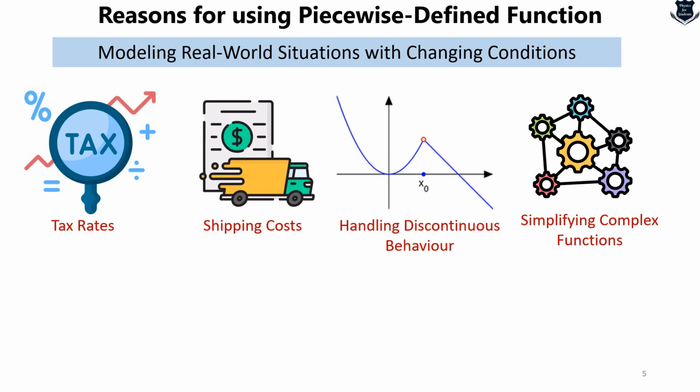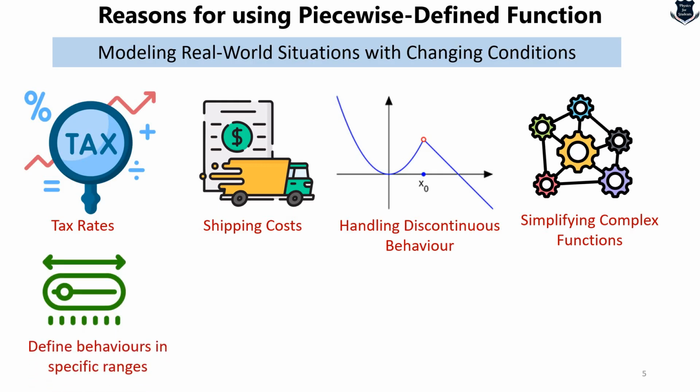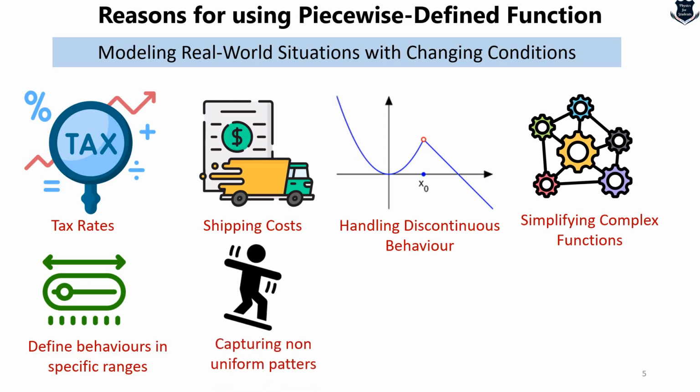For example, waveforms in electrical engineering such as square waves or sawtooth waves are easier to describe piecewise. Also, you will see that piecewise defined functions help us to define custom behavior in specific ranges. So if we want to restrict a function to a specific range, creating a different outcome, we use that. You will also see that piecewise functions are helpful when patterns don't follow a uniform rule across a certain range of values. For example, population growth may follow different rates over time, and these would require different expressions for different